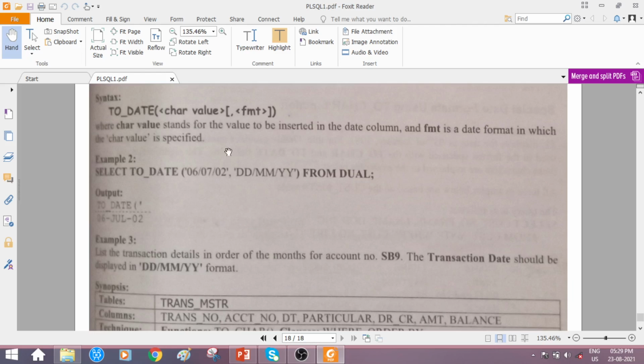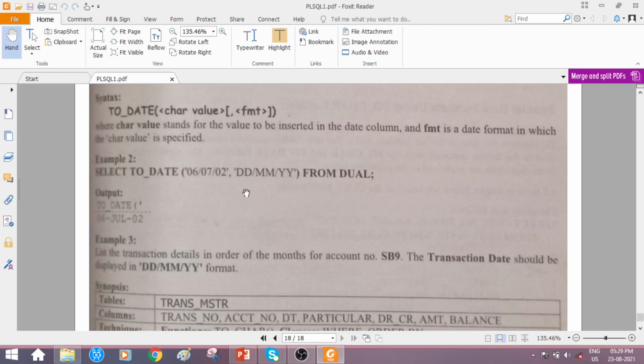It has to be stored in the date format, like DD, MM and YY, in the column in which you are trying to store. So select toDate, the character value and this format, from which table? Dual table. See here, no column heading is given, so the function name toDate itself is shown.